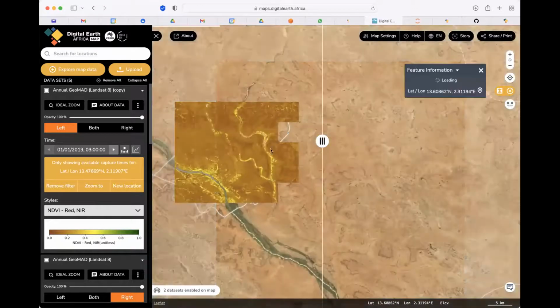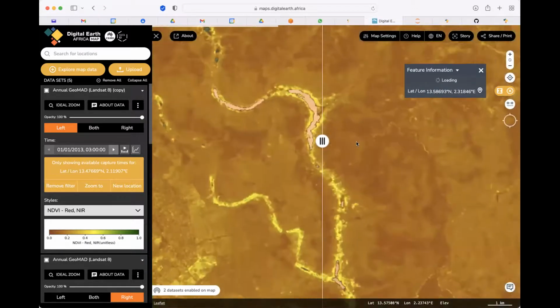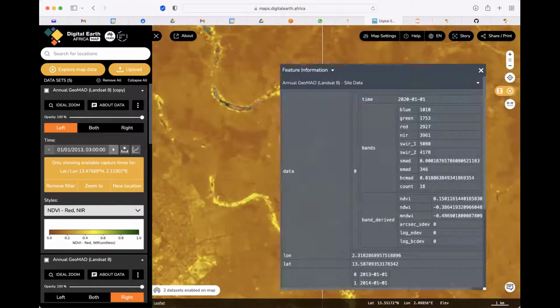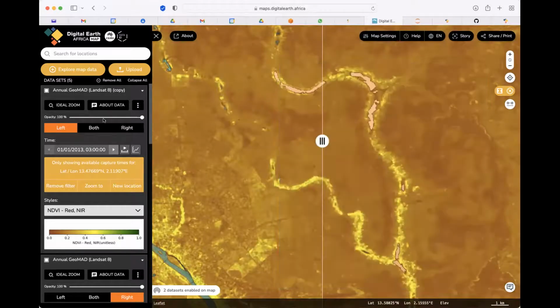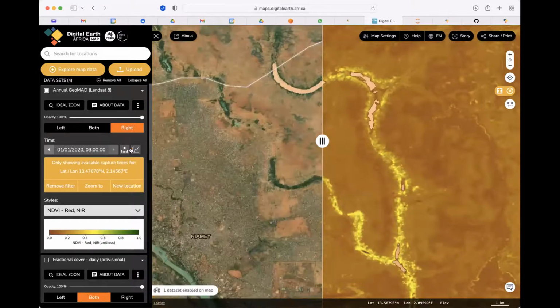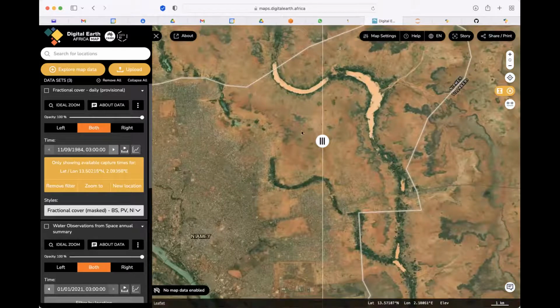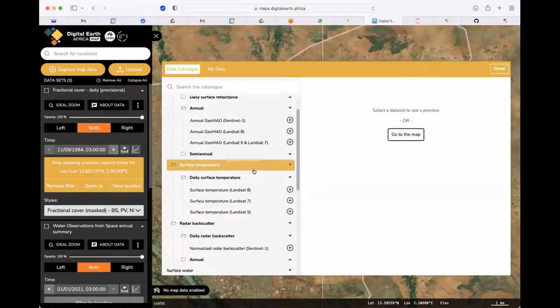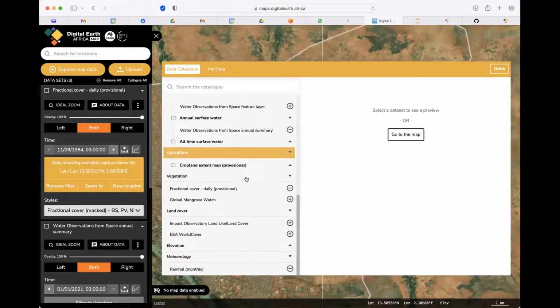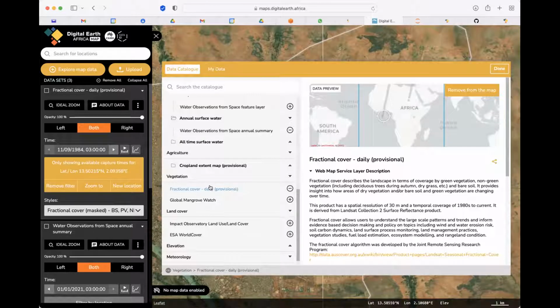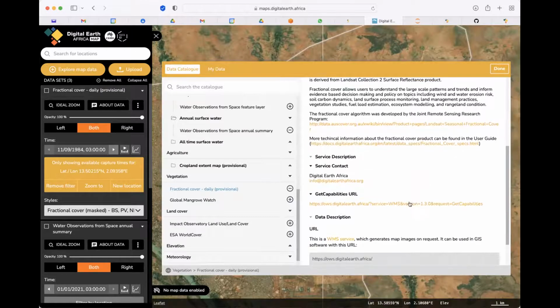So still in the same example of Niger near me, we can do something beyond what is called innovative remote sensing. So I think it was mentioned earlier on that DE has developed this fractional cover. So what's the use of fractional cover? This product, you can see it here, and we can look at the information on it. It's part of vegetation, and it shows the bare land, and also it shows the non-photosynthetic product and the photosynthetic product. So it means that with this, we can visualize how the bare land has changed over time.